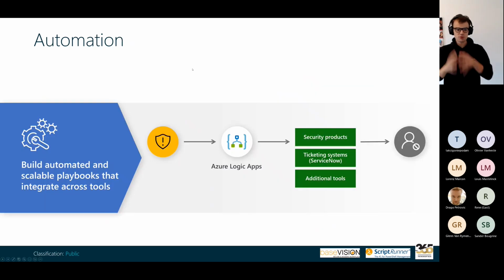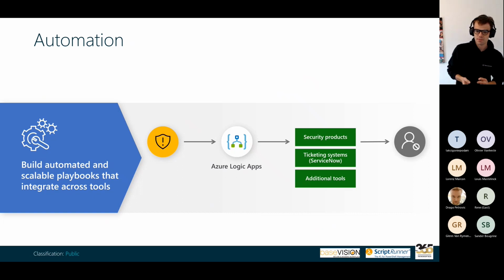So to start off with, it's really important to note that all of the automation built within Sentinel is built on top of Azure Logic Apps. Azure Logic Apps you might not know, but you probably know Power Automate or Flow. While Power Automate or Flow is more meant for personal automation,